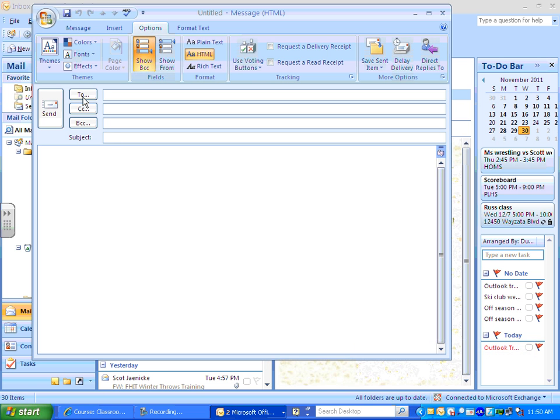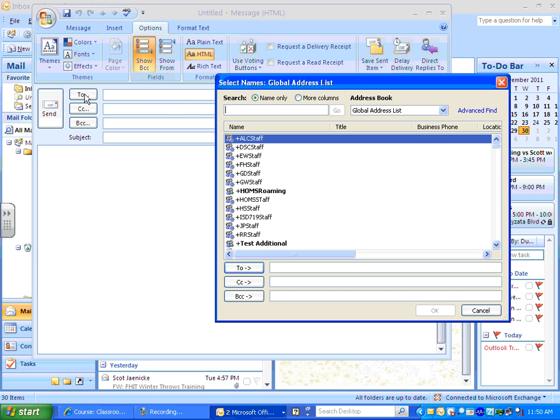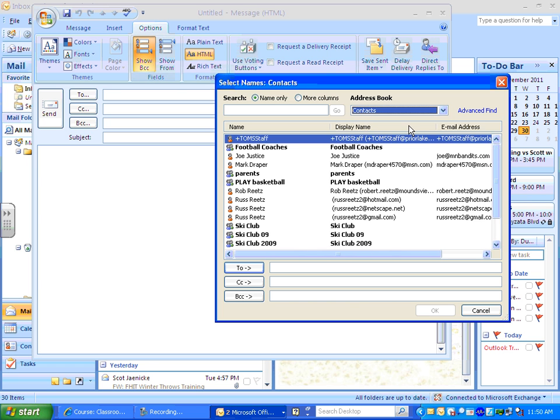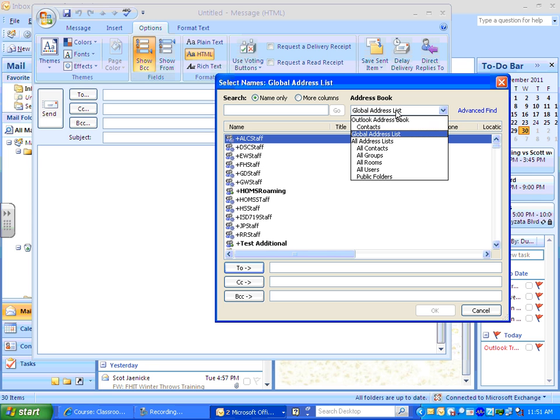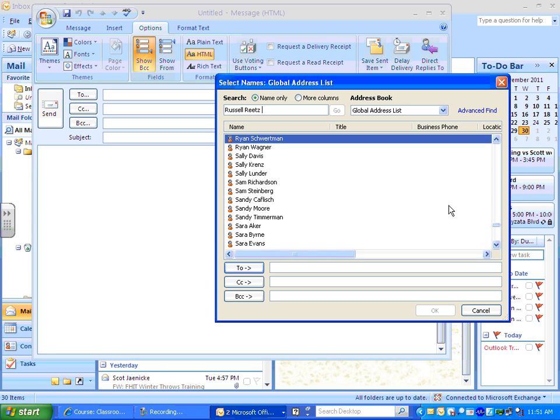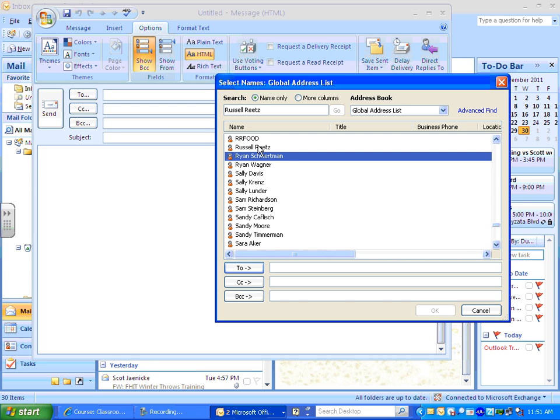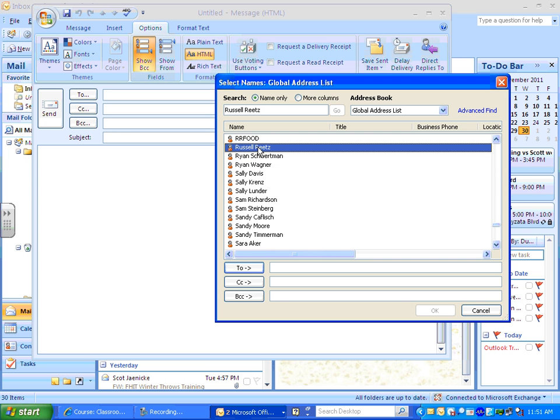From this menu, if you want to reach your contacts or your distribution list, click the To button. The default is set up for your global address list. If you double click here to your drop down menu, you can search your own contacts or go into your global contact list. Global contact list, you can search names, and those names should show up. One issue that we're having in our district is some of the names are showing up last name, first name, and some are showing up first name, last name. Unfortunately, there's no easy fix for that,